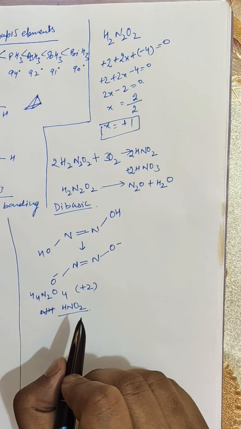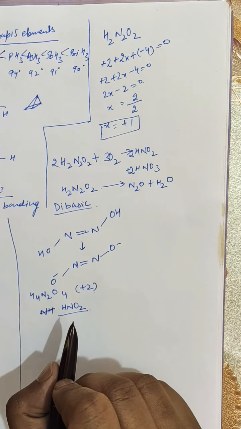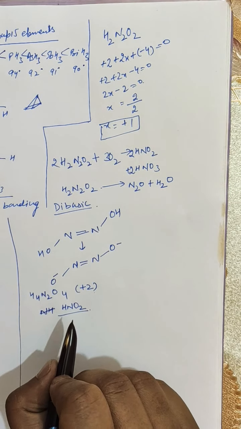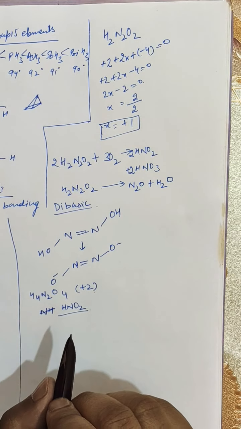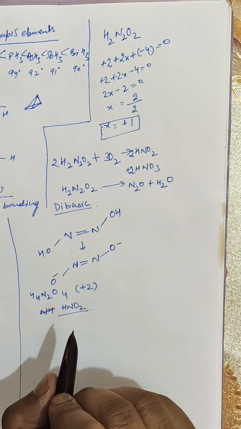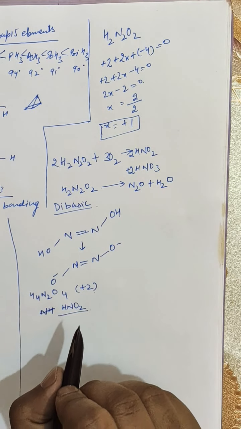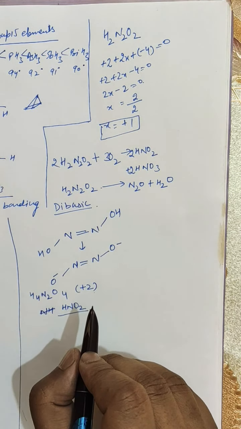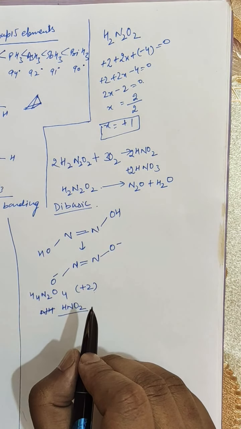So the oxidation state of nitrogen in nitrous acid is +3. It is an unstable acid and has not been prepared in the free state. So it is very unstable, which means very reactive. However, solutions of nitrous acid have been prepared by the following methods: from dinitrogen trioxide, from barium nitride, from nitrites. So there are certain physical properties of nitrous acid.